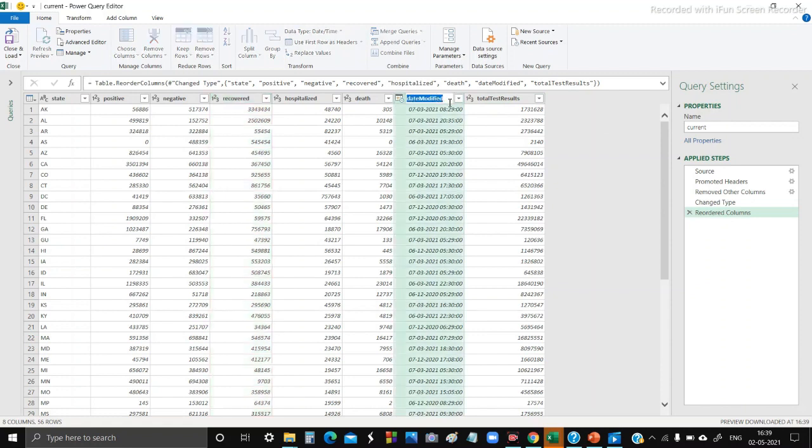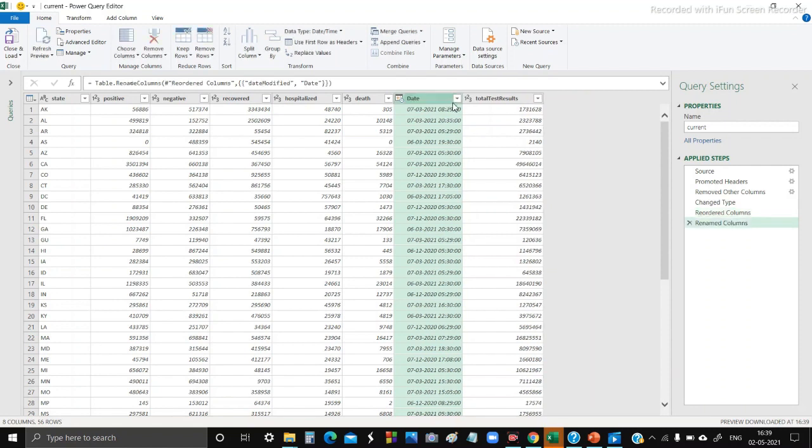Here I am renaming date modified to date. For each step that you are applying, we will be able to see here. This will be showing us all the applied steps that we have done in the Power Query. Now verify you have all columns in your query editor like this.